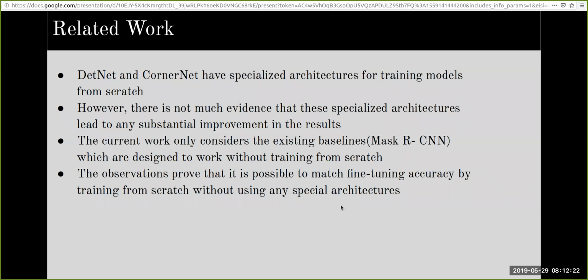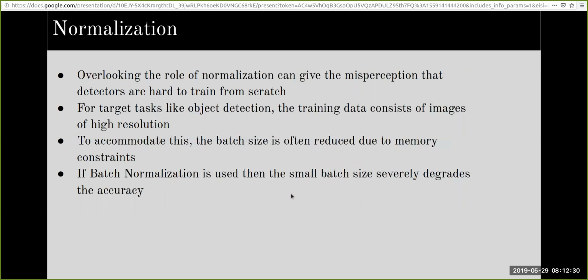With this, the authors were able to match the accuracies of both methods. If the models are trained from scratch without proper normalization, it can produce very misleading results, which might mean that training from scratch is not optimal at all.